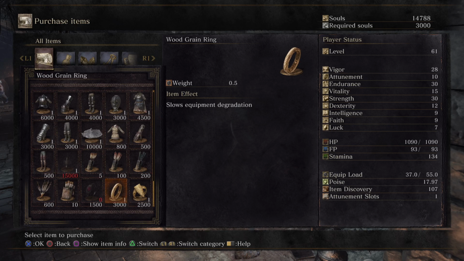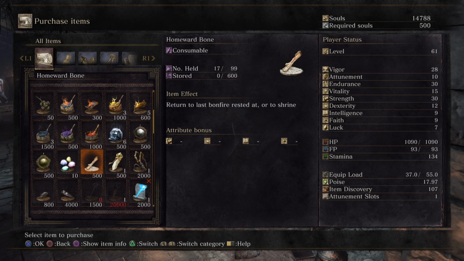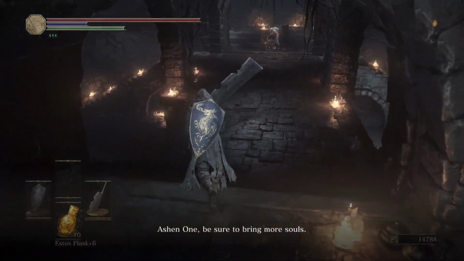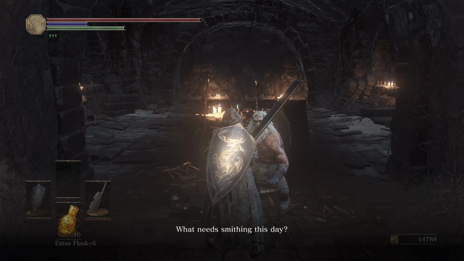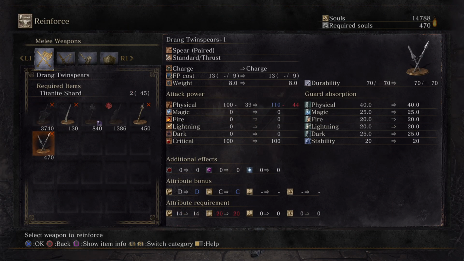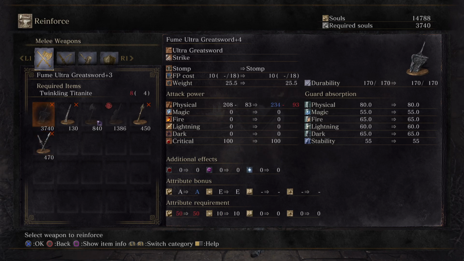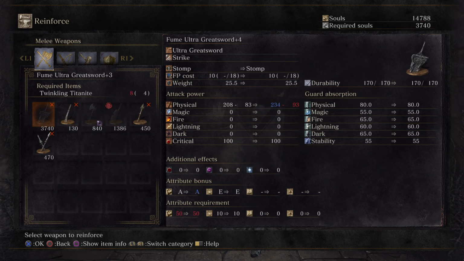Wood grain ring, slows equipment degradation. You need it for the platinum. Again, equipment degradation is not a thing in this game. I think you repair your items automatically every time you go to a bonfire. And so the chances of you not going to a bonfire, meaning not dying or not reaching the next place before your item breaks, like I've never had an item break in this game. So I don't even know what that means, but anyways, we're all at the chunk stage here, waiting on chunks